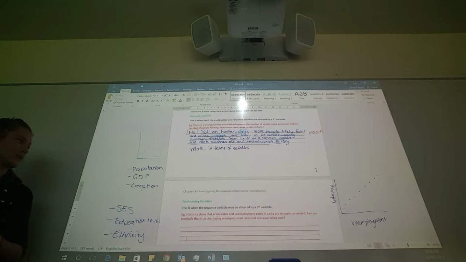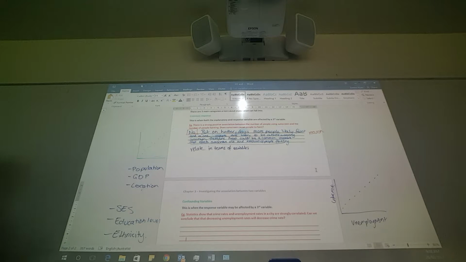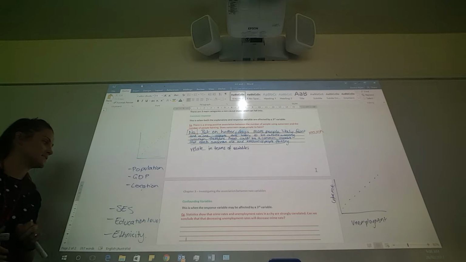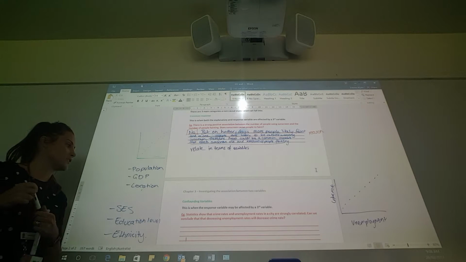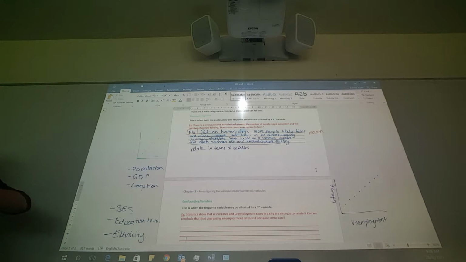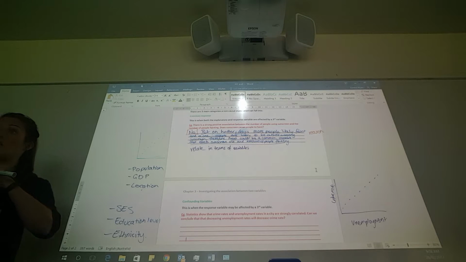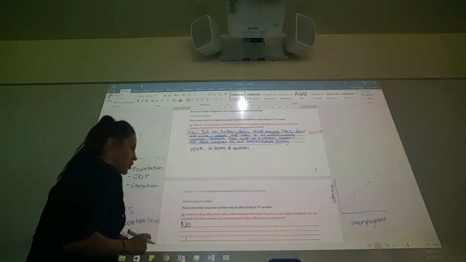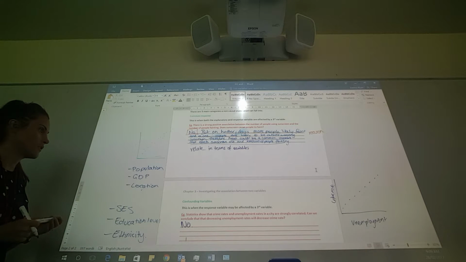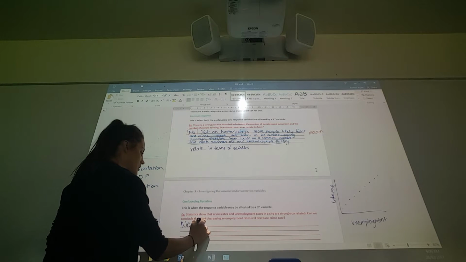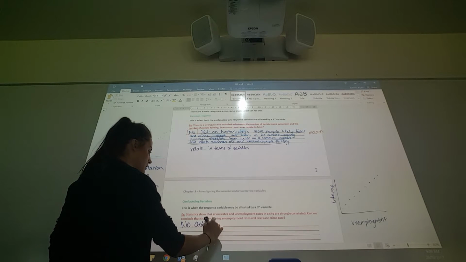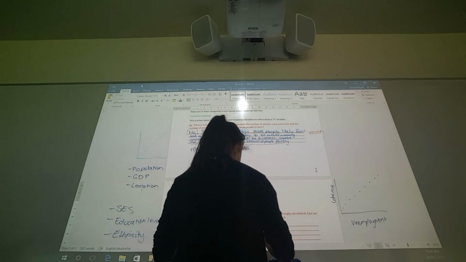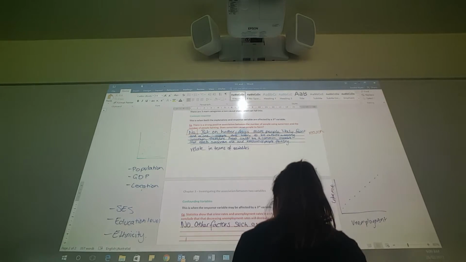So, when we're looking at something like this, statistics show that crime rates and unemployment rates in a city are strongly correlated. Can we conclude that decreasing unemployment rates will decrease crime rate? Yes or no? No. Cool. So that's what we're going to start with in our answer. No. And we can say other factors such as